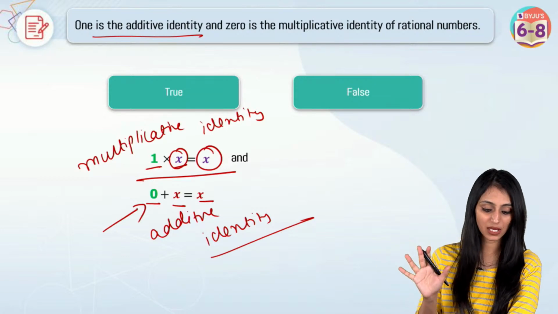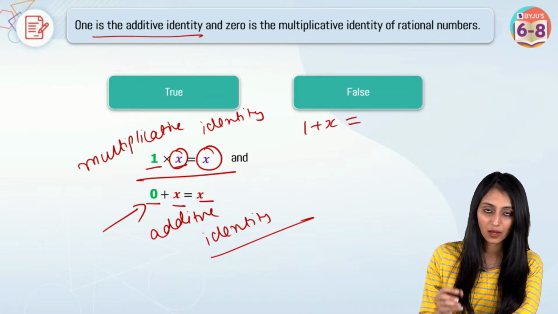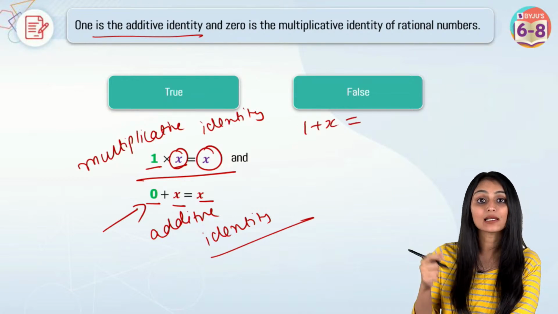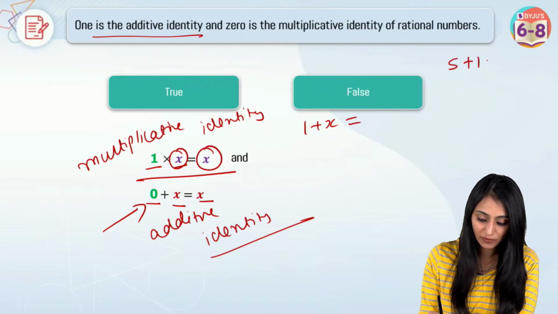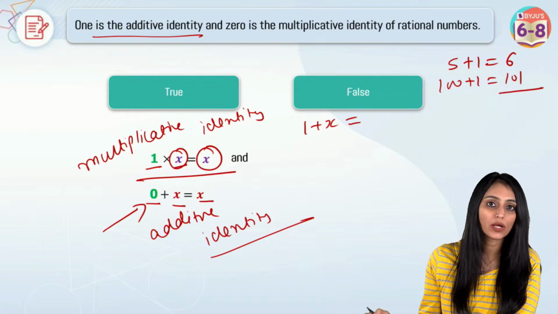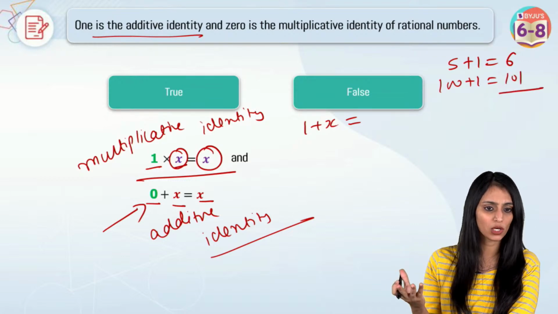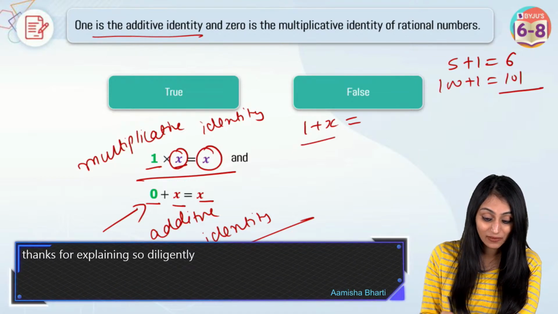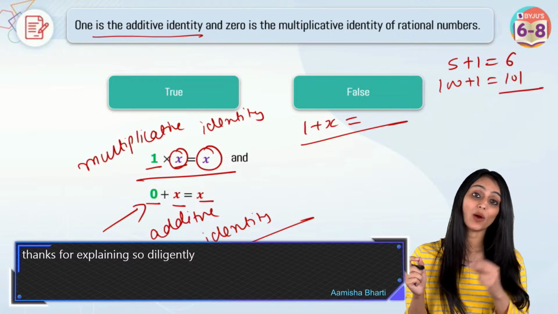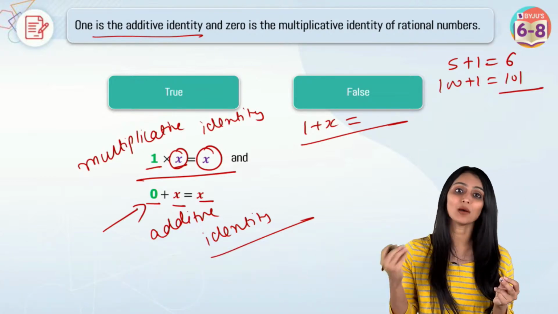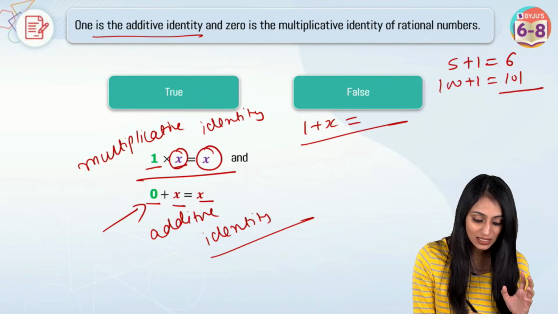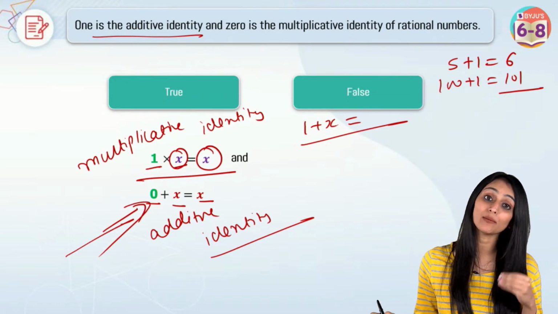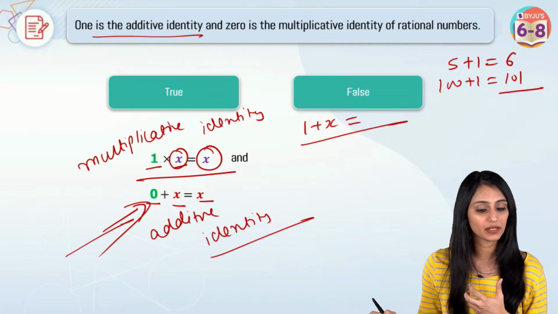Okay, Nandini. When we say 1 is the additive identity, that means if I add 1 to any number, what do I get? I'll get its successor basically. Let's say if I add 1 to 5, I'll get its successor, that's going to be 6. If I add 1 to 100, I'll get its successor, that's going to be 101. I'm just talking about the natural numbers or whole numbers over here. So 1 is not the additive identity. Additive identity means whenever you add it to any number, you get the number itself. That doesn't happen with 1. That's why we say 0 is the additive identity, because whenever I add 0 to any number, I get the number itself.